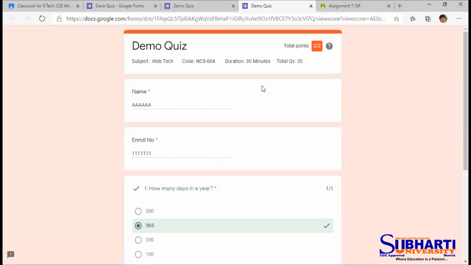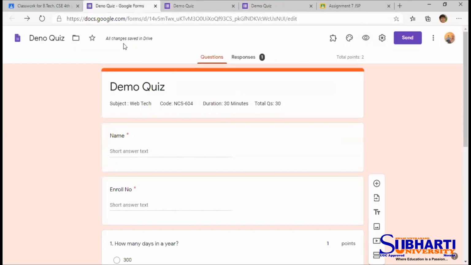And now the important thing is how to check the results of students. This is one of the important options we should remember. For this, a teacher will go back to the edit option here.